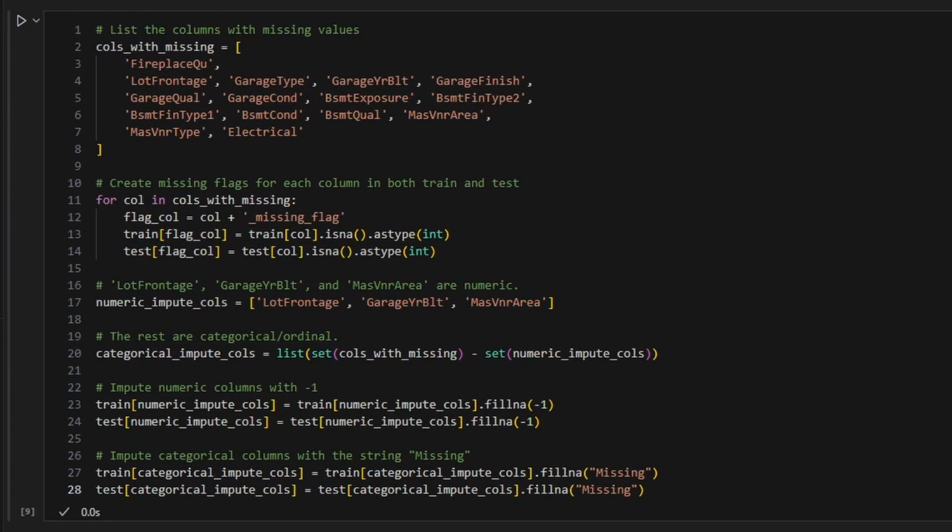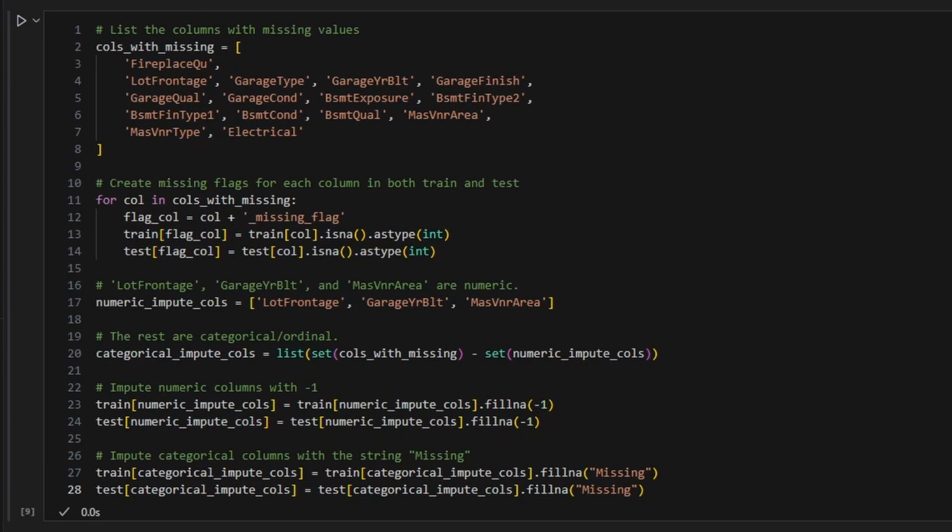But it's important to understand that imputing with a constant can have different impact depending on the variable. For example, a column of numeric values, such as the lot frontage area, the year when something was built, and the mathematical area are our numeric columns. For these, replacing missing values with a numeric value obviously skews the data. That's why I also decided to create new columns that simply indicate whether a value is missing or not. This little for loop creates new columns that act as a flag, so our model can distinguish where there is